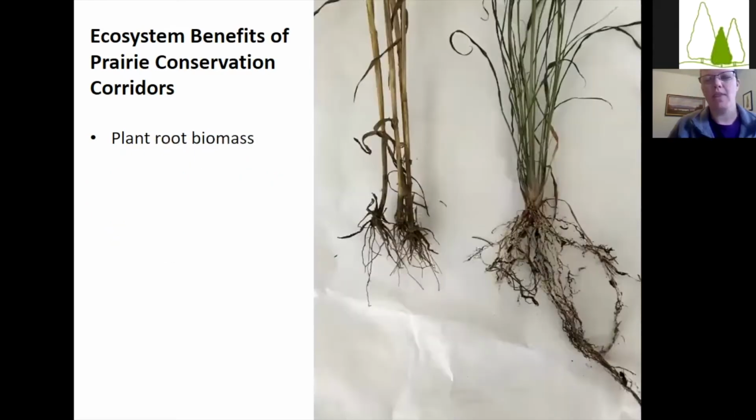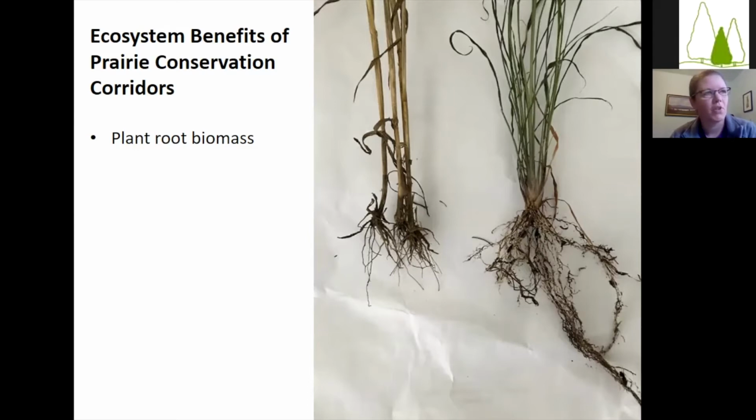All right, so those are the above ground reasons why prairie conservation corridors are cool and neat ecosystems, and a nice thing to include in an agricultural management plan. But all of that is based on what's going on in the soil. And one of the most obvious things that occurs when you plant prairie plants into an agricultural field is that those prairie plants have a much deeper root